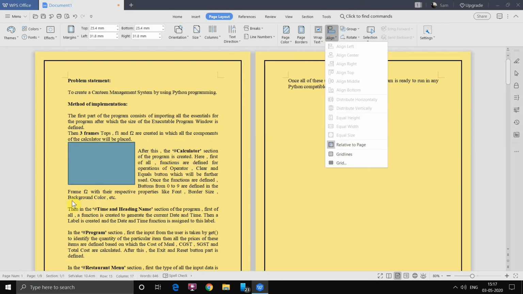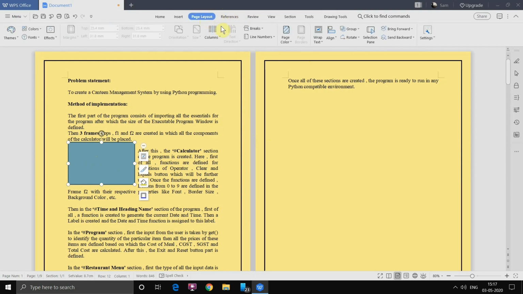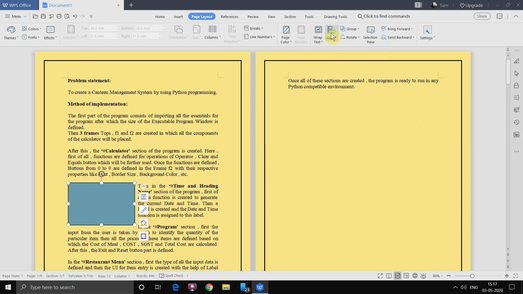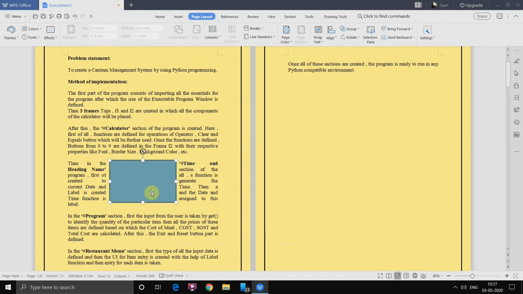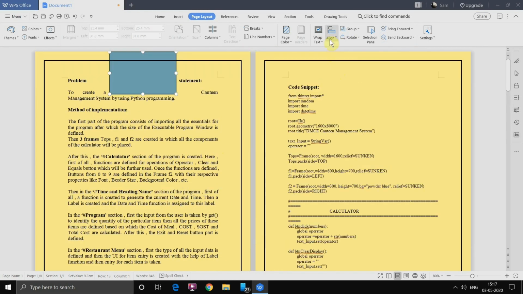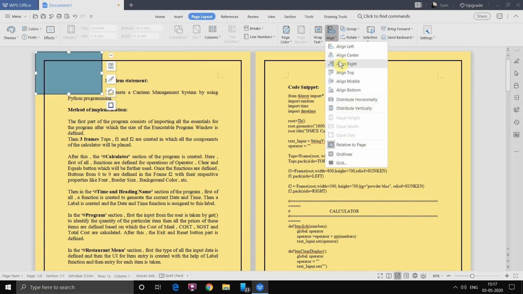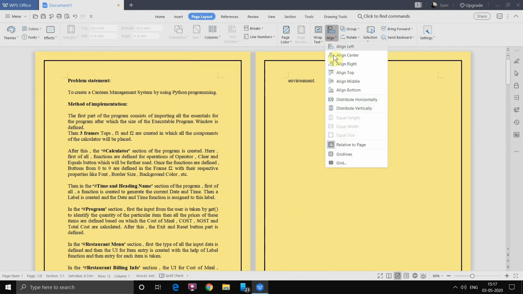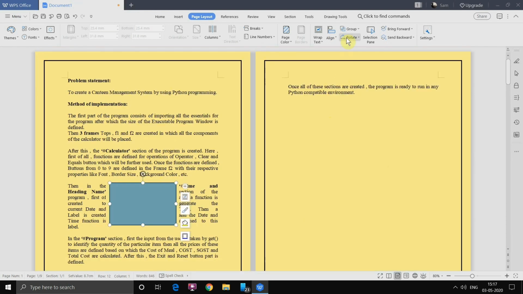Next we'll go to align. Now select this particular thing, you can align it on the page. Alright, so if you want it at the exact center, just hit distribute vertically and then distribute horizontally. It will come to the exact center of the page. If you want to the exact top, select align top, align left, align right, align center. Alright, and align bottom, align middle. Get it? So that is how you can align any kind of shape or image, whatever you want on the page.